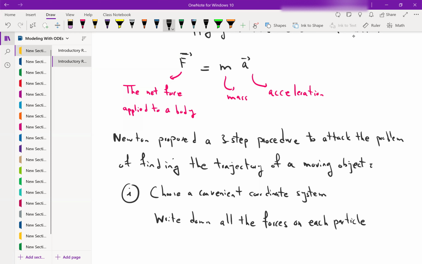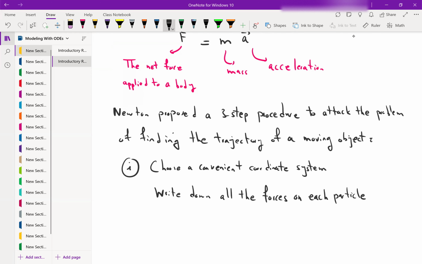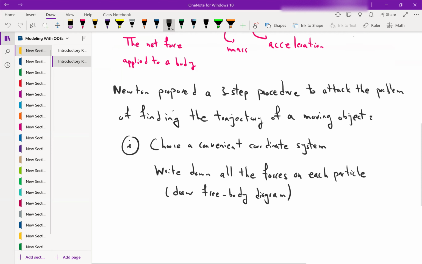Draw a diagram. You have your particle, and we also draw all the forces that are acting on that particle. This is what sometimes people call drawing a free body diagram. This describes the body, the particle, and all the forces that are applied to that object of interest, to the body, to the particle. And we will see examples of this in our modeling